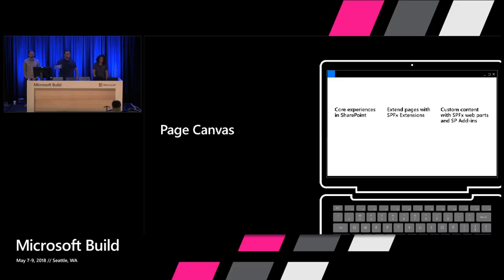So with page canvases, you can extend all the core experiences in SharePoint. You can extend pages with SharePoint framework extensions. You can have SharePoint add-ins that are ISV-delivered parts on those pages. You can have SharePoint framework web parts that are parts on those pages. We really sat down and thought about, hey, if you learn something inside the Office ecosystem, I want you to get as much mileage out of that knowledge as you can across all the different experiences